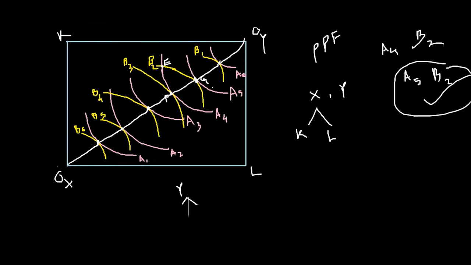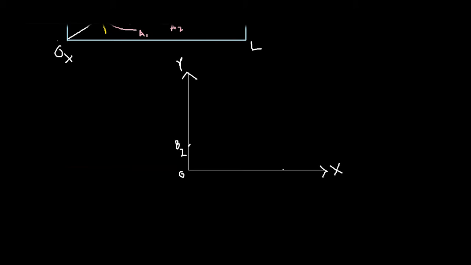But a5 is at a higher level of isoquant. If you compare all these isoquants, a5 is greater as compared to a4, a3, a2, a1. That means it is denoting a very high level of output. So let's say this is the point a5. Now joining those two points, we get a point here. Let's say this is the point here.